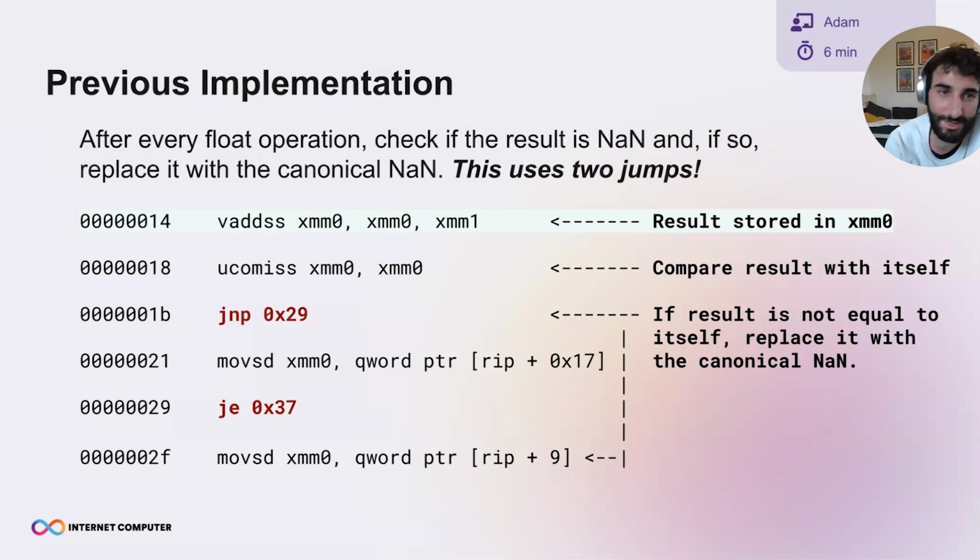And yeah, the details aren't so important. The main thing is just that this involves 2 jumps. And that's going to happen every time you add 2 floating points, multiply them, anytime you do anything with floating points, you're going to have these 2 jumps in your code. And in the worst case, these can take a very long time. If the jumps are not well predicted by the hardware, then this can be a very expensive operation, which is why we had to charge so much for them originally in the replica.